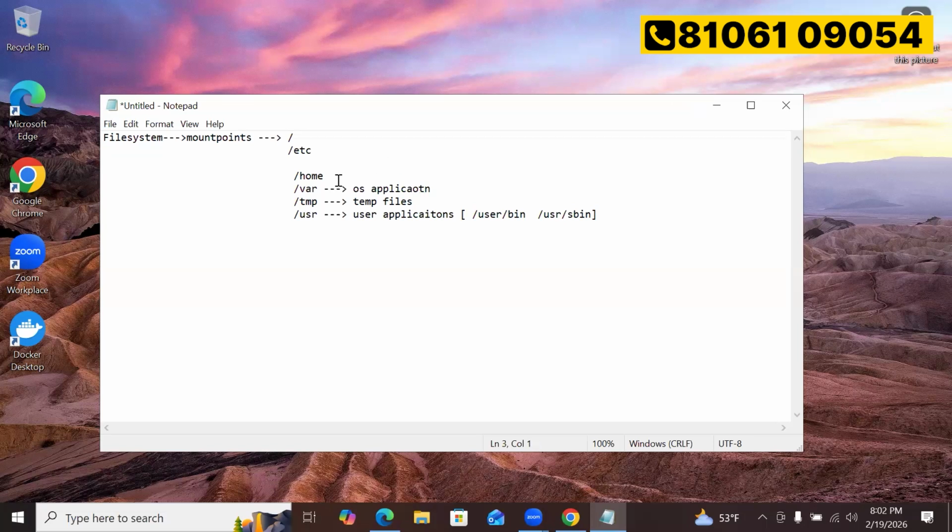I told you there is a regular user and a root user. What is the difference between them? Let us say user 1 is a regular user. The root user can do anything, he is an administrator. User 1 is a regular user and cannot do all the activities. Only certain commands a regular user can run, whereas a root user can do any activity.